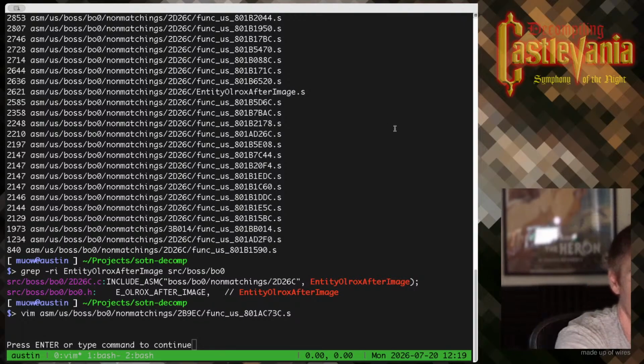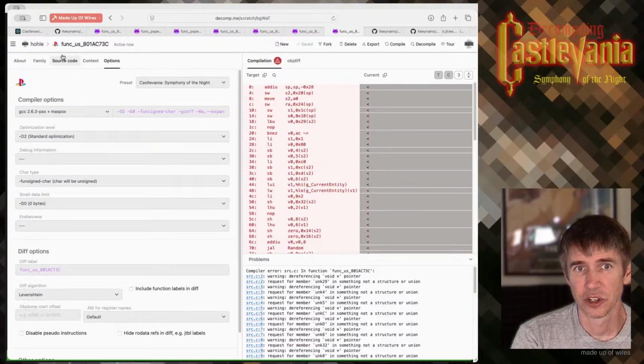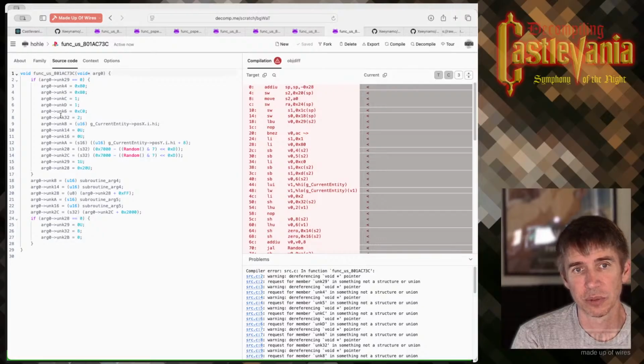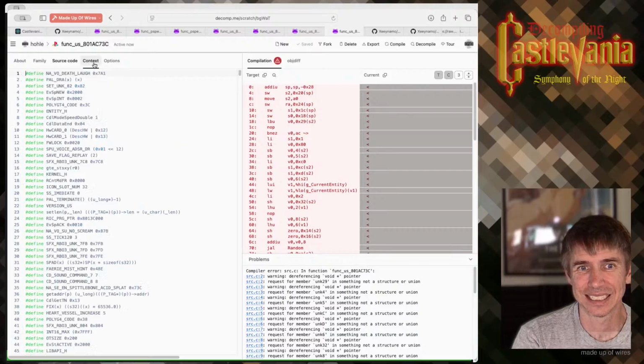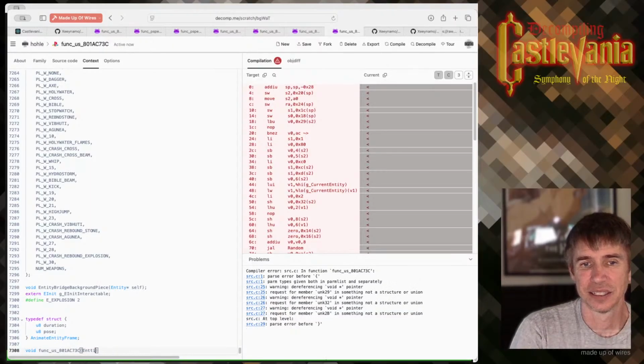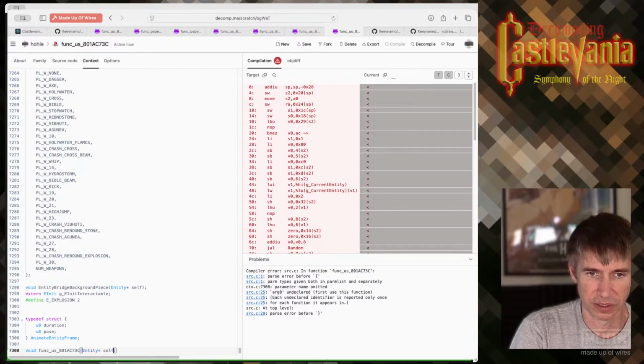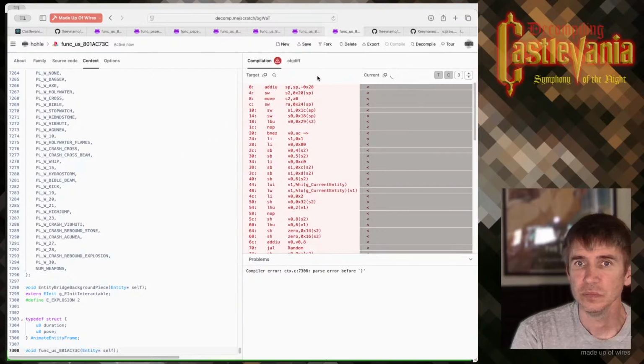Alright, so we have our C73 function, a bunch of things that the decompiler couldn't figure out, primarily because it can't figure out what the type is. I'm going to make the assumption that this is an entity, and it might be a primitive, but let's try entity first. Might be something else altogether. We'll see how